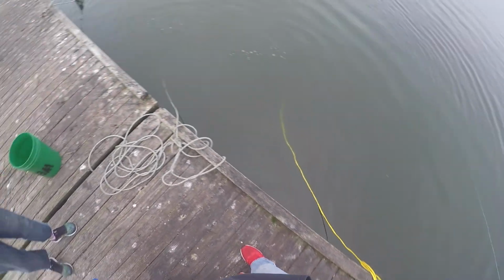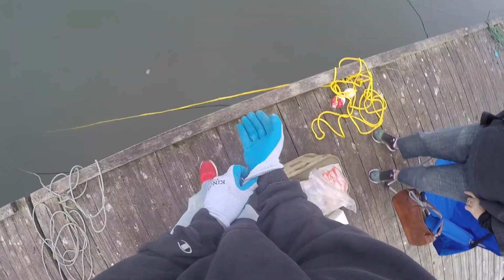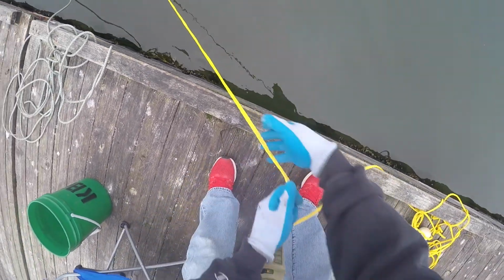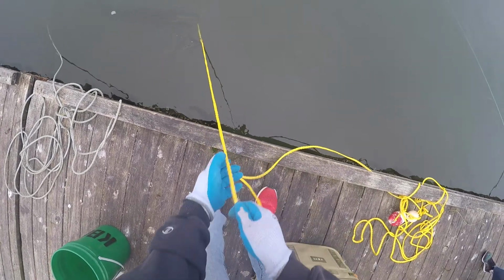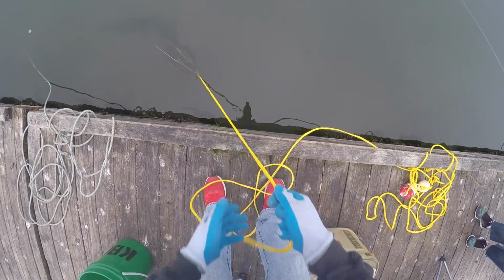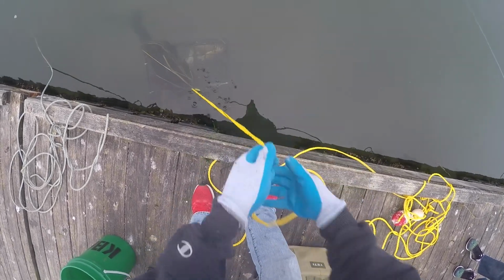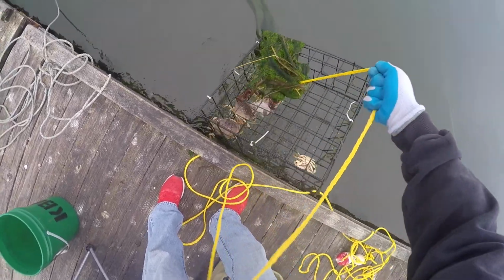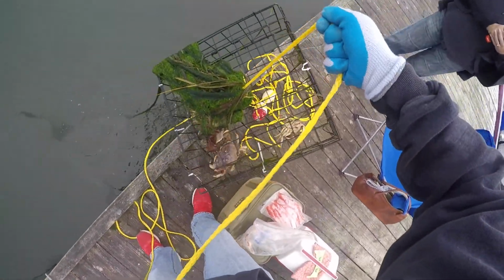First, dock crabbing is a great way to get kids involved in crabbing. It's much easier for kids to pull up crab pots or rings from a dock. From a boat, it's much harder for kids to pull up crab pots from greater distances. Second, if you don't have a boat, you can always dock crab and rent gear so you don't break the bank. If you don't have space to store crab pots, it's easier to find a rental place on the dock